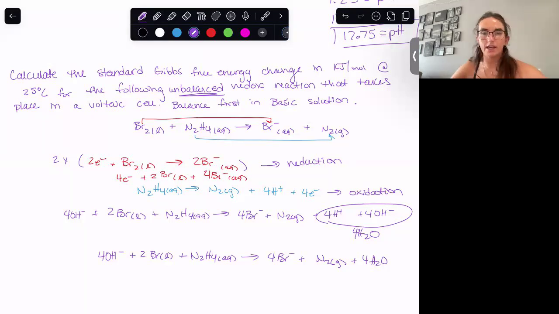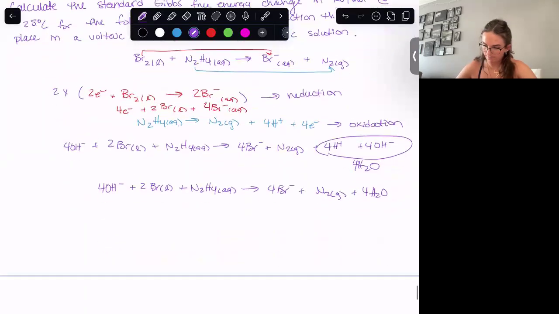Okay, do we see how we did that in a basic solution? Any questions on balancing in a basic solution? Okay. So now we have